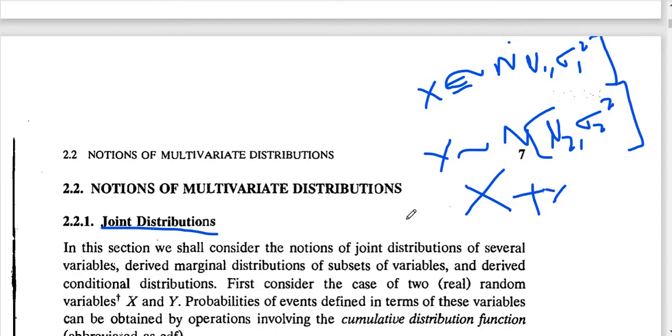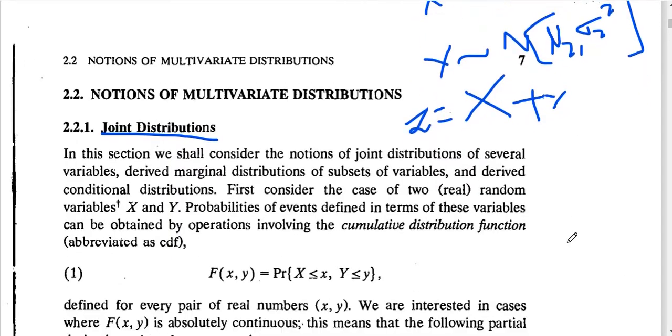We can assume that z equals x plus y. Then we can find the Jacobian and all that, and you can get the form of x plus y. Same like this in joint distribution. Here there are p variates, x1, x2 and so on up to xp, which we can also discuss. In this section, we shall consider the notation of joint distribution of several variables,